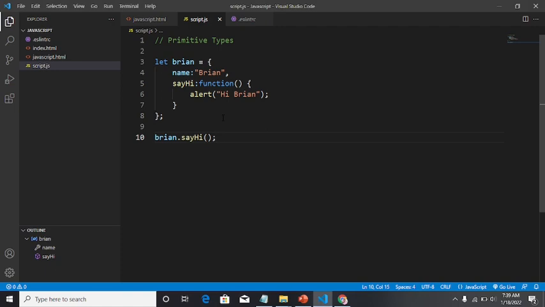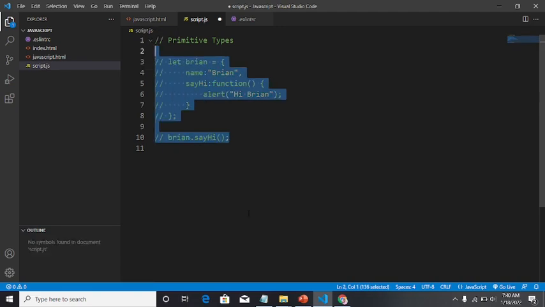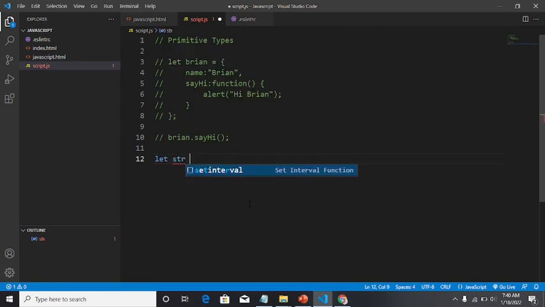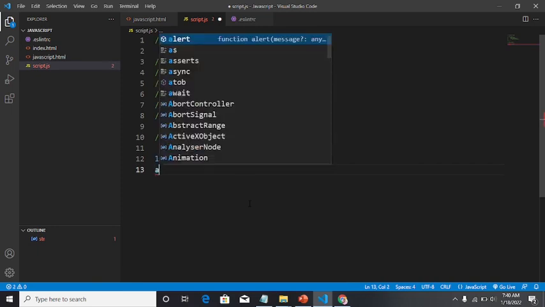So now this is just an illustration of showing what objects can do, and how they are related with our primitives. We can have a primitive as an object. We can have a string as an object. For example, let me comment this one out. Let me have something like let str, which will stand for string, primitive, equals Brian, and then I have something like alert,